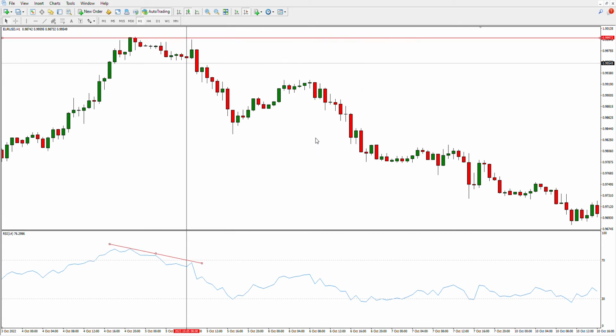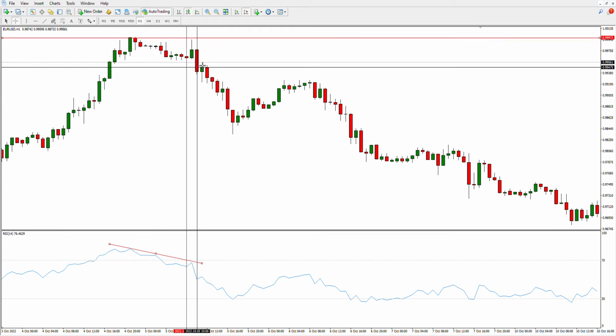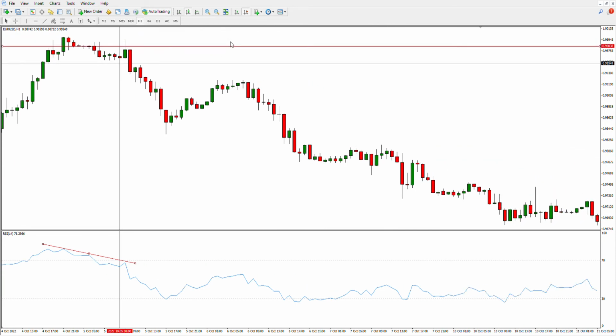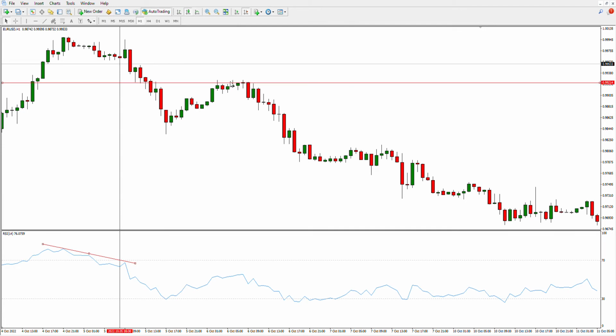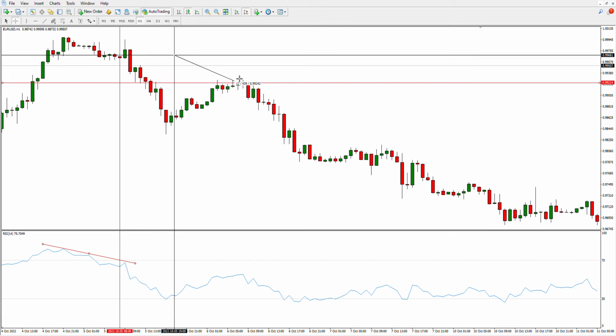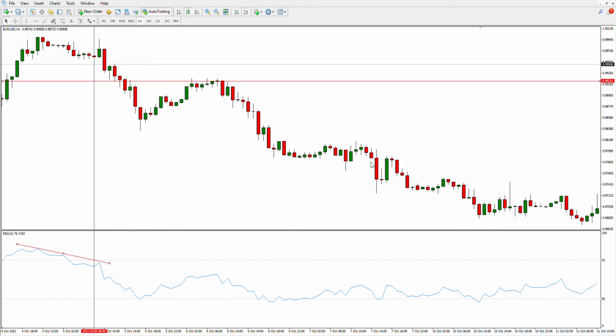So that would have given you a very favorable risk to reward ratio, assuming you didn't exit the trade too early. And what you could have done is, had you entered there, as price moved down, you could have marked the new level of resistance here, waited for price to turn away from there and moved the stop loss to just above this level, and that would have locked in the trade around 50 pips in your favor, and you could have comfortably let the rest run